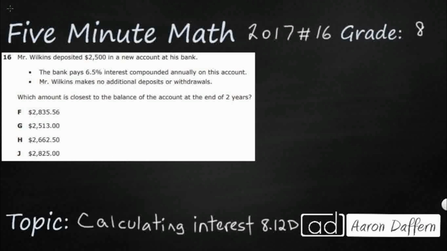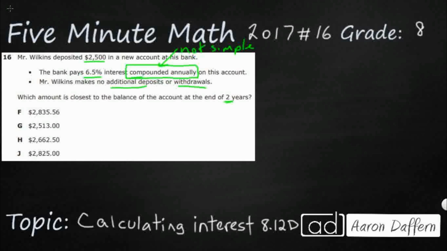So we are looking at Mr. Wilkins. He's deposited $2,500 in a new account at his bank, and he's going to get 6.5% interest, but it's compounded annually. All right, so we need to really focus in on this compound interest, not simple. You calculate simple and compound interest differently. We have no additional deposits, no withdrawals, so the money is just sitting there, and that interest is building and it's compounded annually. So which of these is going to be closest to the account balance at the end of